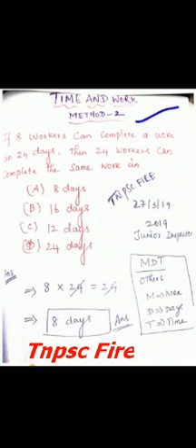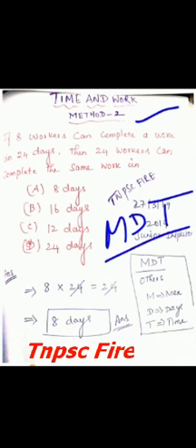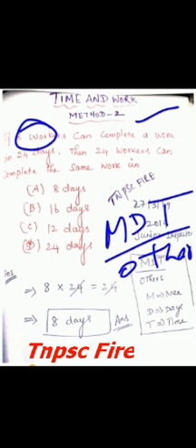Here in this model, method 2, first of all I will tell you one small trick. You use MDT divided by others in this model of questions on time and work. When you see questions where they give men, days, time, for example in this question they give 8 workers, that is men, and 24 days, that is days.